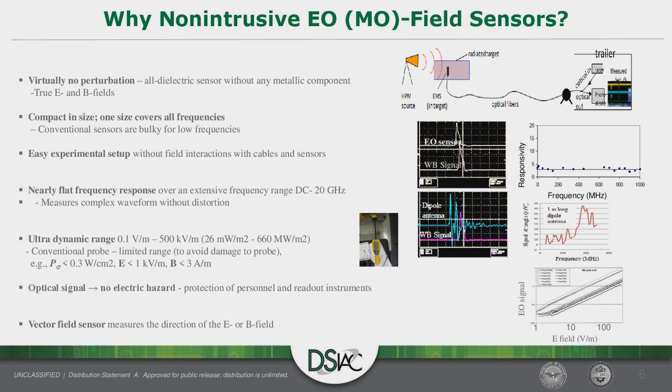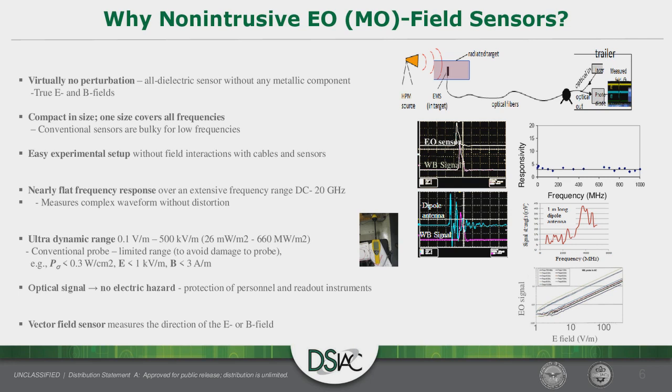Compared to conventional ones, for example a dipole antenna, which has a huge frequency dependence. That means the sensor detects all three components correctly. So if you put in a wideband signal like this, the sensor duplicates the signal exactly, whereas a dipole antenna or some other conventional sensors cannot duplicate that kind of pulse. And the sensor also has a very large dynamic range, from 0.1 volt per meter to 500 kilovolt. In contrast, conventional sensors, these amplified research sensors,